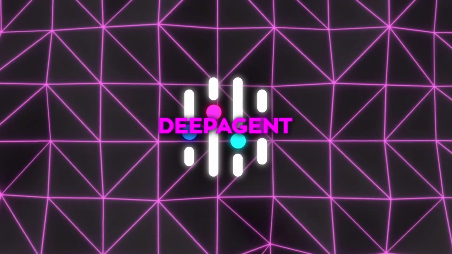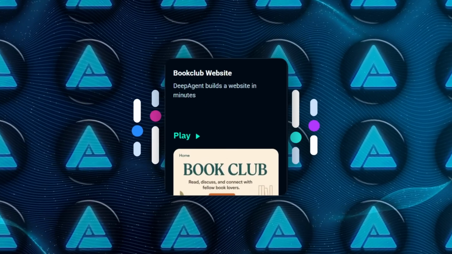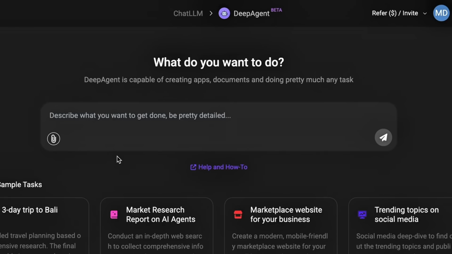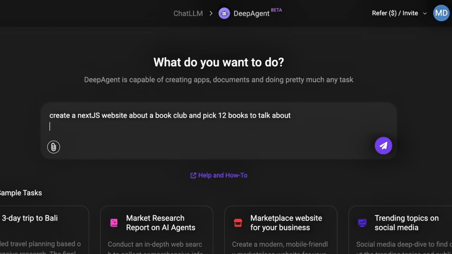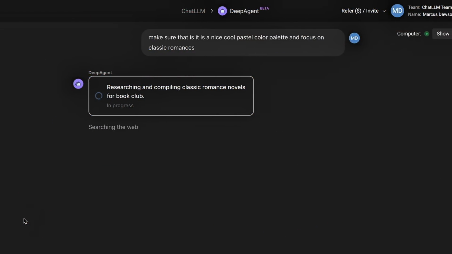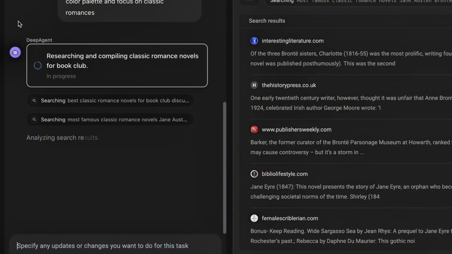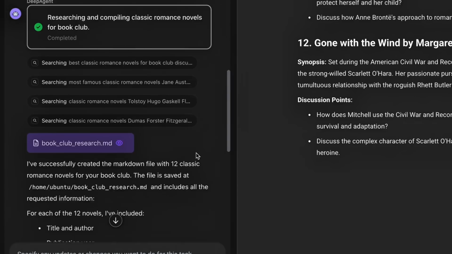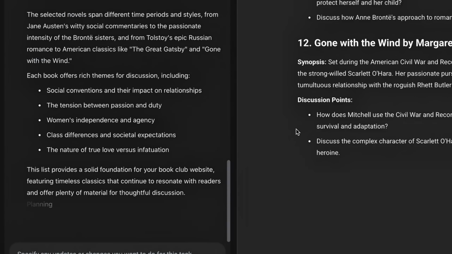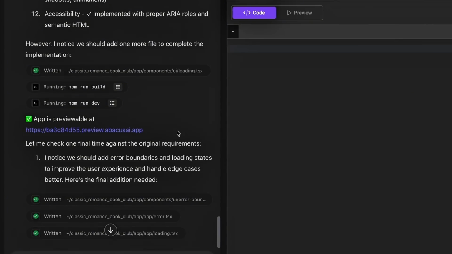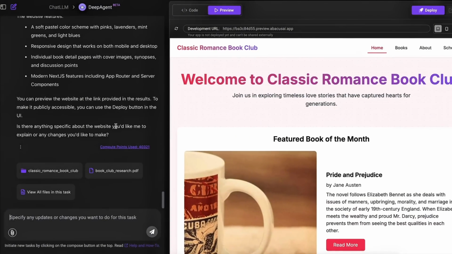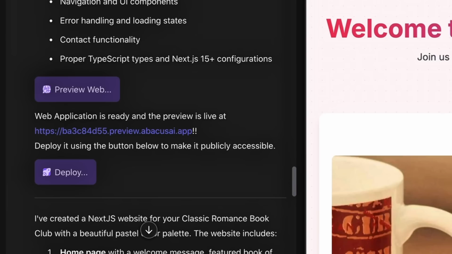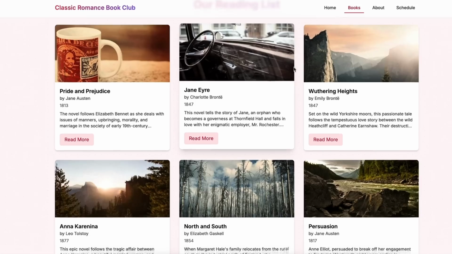A lighter showcase tells the agent, launch a book club web app with pastel gradients where users can RSVP, vote on next month's pick, and chat in a simple thread. DeepAgent scaffolds a Next.js front end, drops in Supabase for auth and storage, builds a voting component using optimistic updates, wires a chat box with live WebSocket push, and pushes a deploy link. It even slips in a dark mode flag triggered by CSS variables,